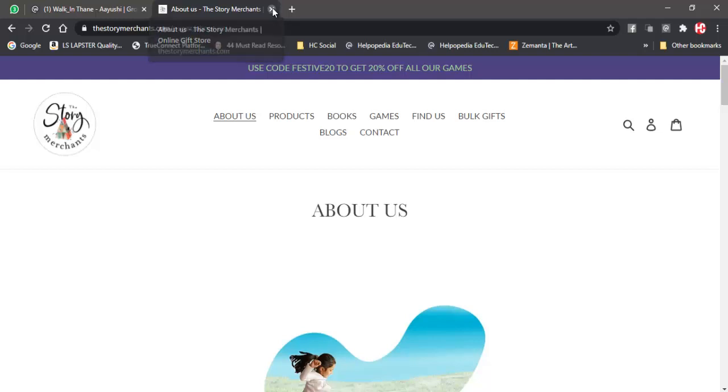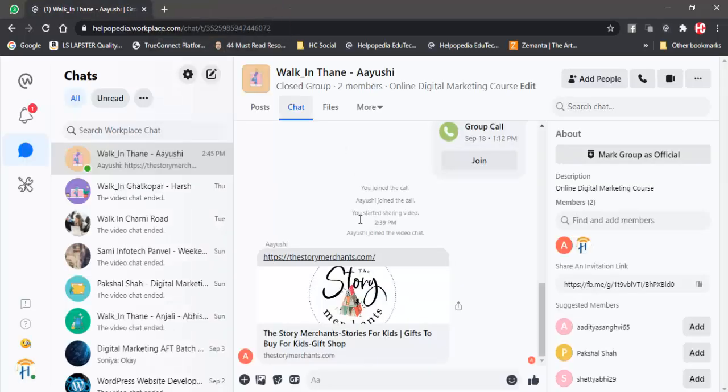We will check that also. From the next session, we have it on Monday. On Monday we will start with actual practical sessions of how to do SEO, and on Monday I will give you your login details from my server, so that you will get your own website. First we will learn how to create a website, then how to add content to it, and then how to do SEO on it. All those three things we will start from Monday.